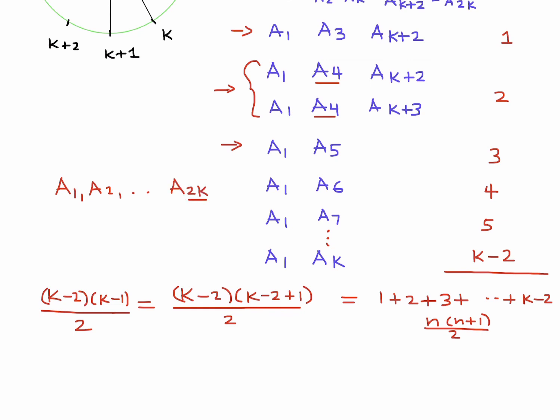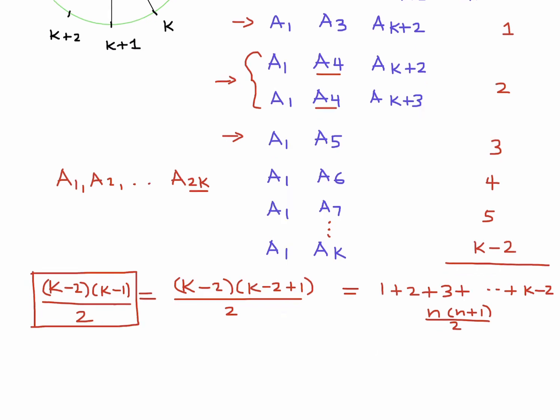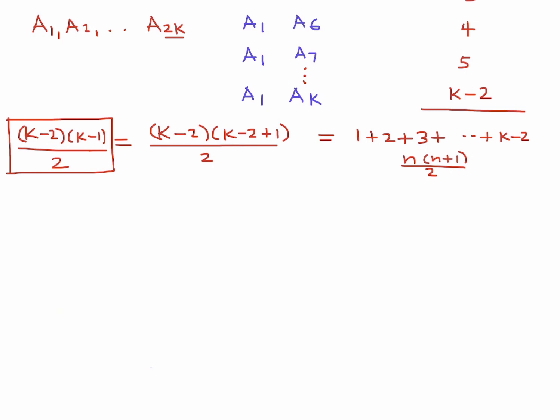There's 2K vertices. So that means we take this number and multiply it by 2K. So to get the total number of triangles, you would multiply 2K, since that's how many vertices we have, times what we got for just A1, which is this right here, which is K minus 2 times K minus 1